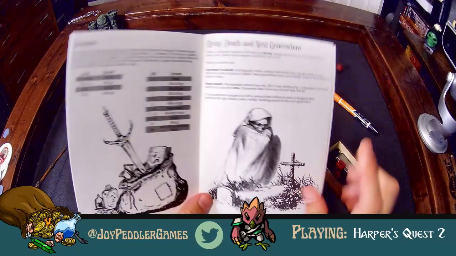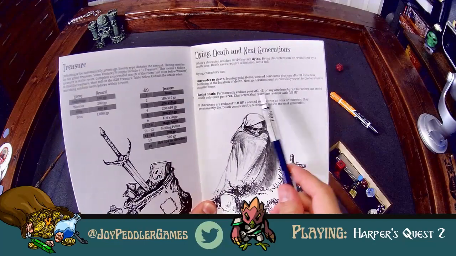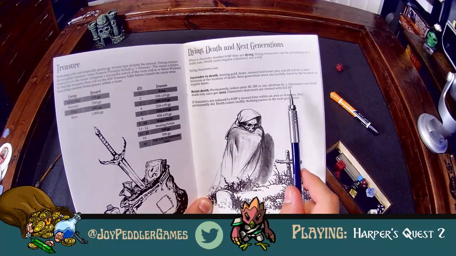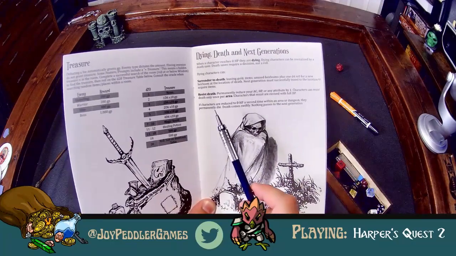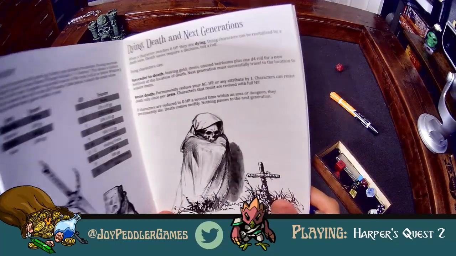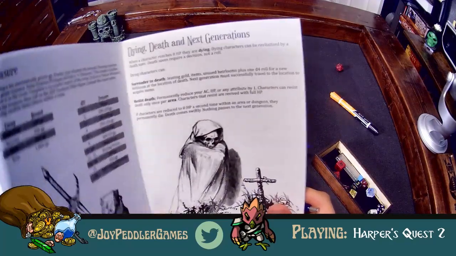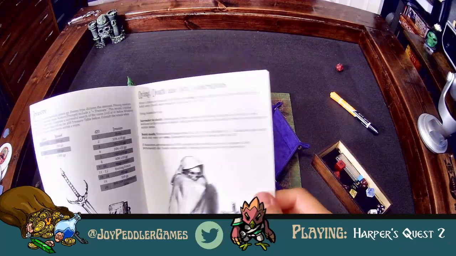And when it comes to death, like I said, you can choose to die after you get reduced to 0 HP, at which point you can leave your items for your next generation, or you can resist death, which permanently reduces your AC, your HP, or any attribute by 1. And you can only resurrect yourself or resist death once per area, and once you resurrect yourself, you're revived with your full hit points. But if you die again in the same quest, you do not get to choose. You're immediately dead, and nothing passes to your next generation. So again, another choice. This game has a lot of choices that will vastly determine what happens,